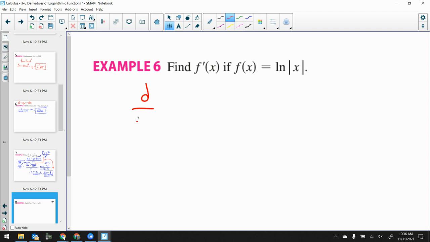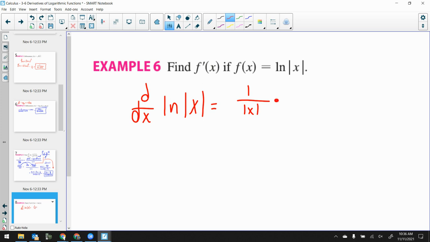So if I'm taking d over dx of ln of the absolute value of x, I apply the chain rule because this is the absolute value function within the natural log. Okay, so let's apply the chain rule. This would be 1 over the absolute value of x